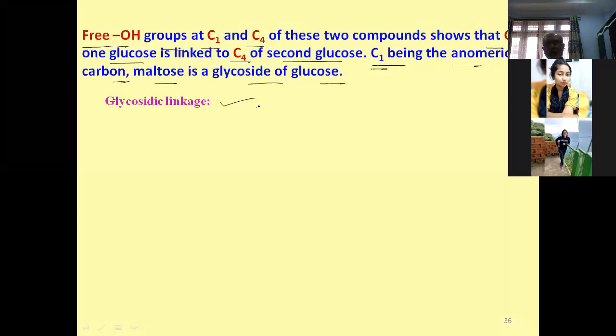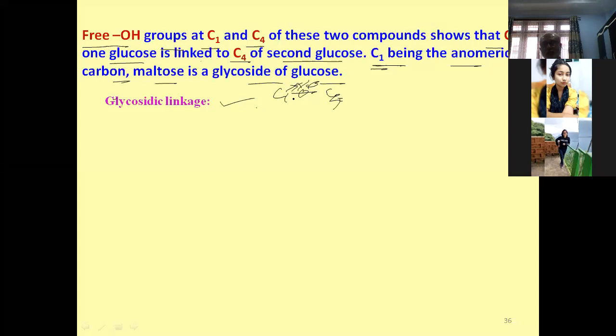Now we have to be sure whether it is an alpha glycosidic linkage or a beta glycosidic linkage. That we have to be sure of. So how do we know it? Anomeric effect, how is it going to help? Anybody else? It is already established that it is C1 to C4, through an oxygen bridge. But C1 being the anomeric carbon, whether this C1 is linked through alpha or through beta, that is the question.